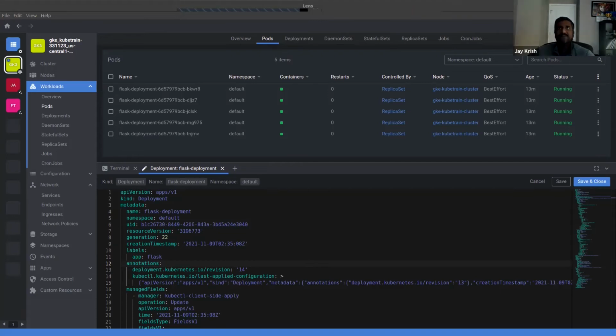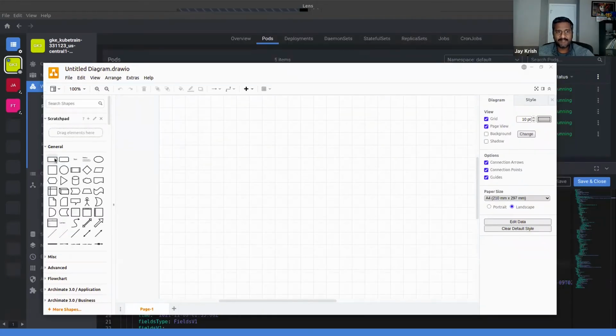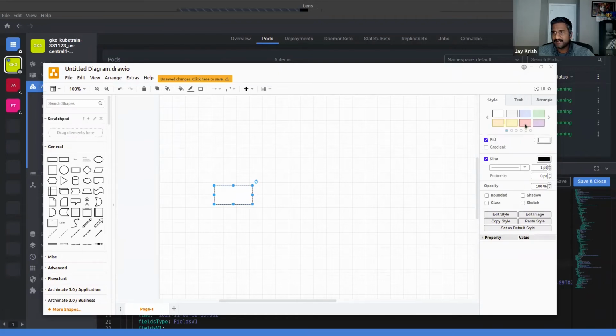Okay, so now Kubernetes knows everything. It controls everything. Correct? Okay, so now as Kubernetes knows everything and controls everything, let us say this is your old pods.